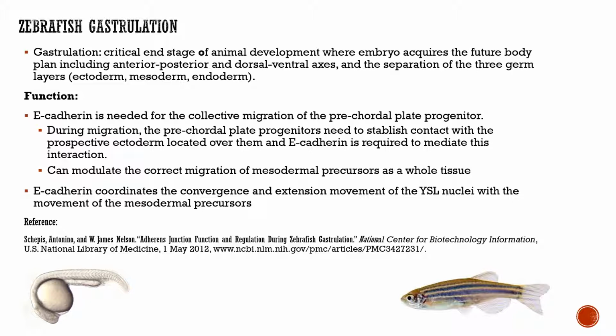So one study found that adhesion junctions are involved in the gastrulation process of a zebrafish, which is basically the critical stage of development where they acquire their future body axes, like the anterior, posterior, dorsal, and ventral axis, and their three germ layers. So basically, E-cadherin, one of the core proteins found in adhesion junctions, is needed for